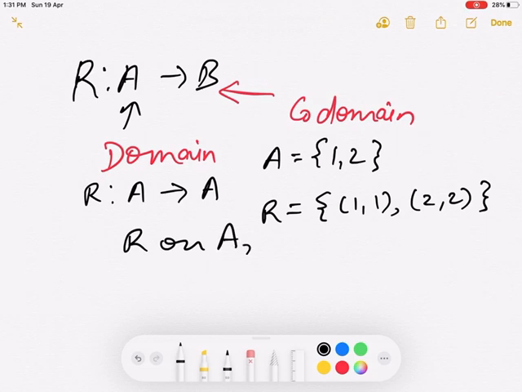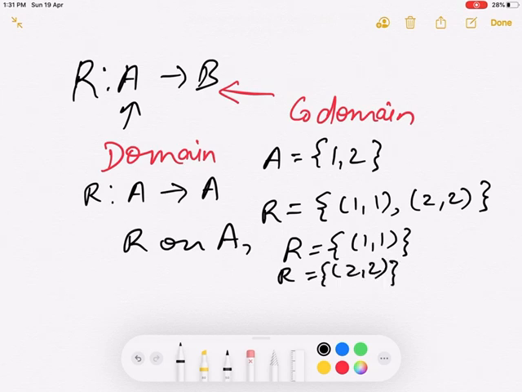I have just given one example. There can be other relations also. For example, if we simply write (1, 1), that is also a relation. If we write (2, 2), that is also a relation. If we write (1, 1), (1, 2), (2, 1) and (2, 2), that is also an example of a relation on A. Now in 12th standard we will be talking about those relations in which both the domain and codomain are the same set, so we will basically be talking about binary relations.